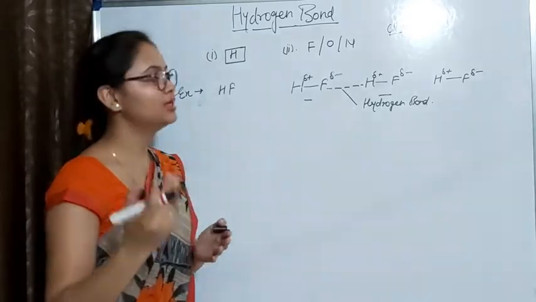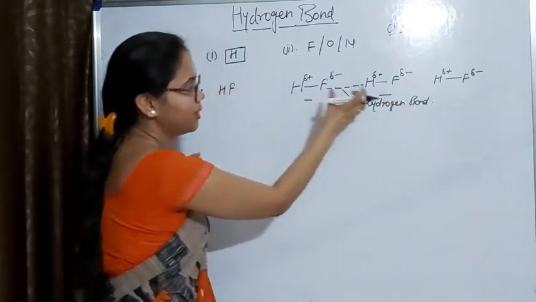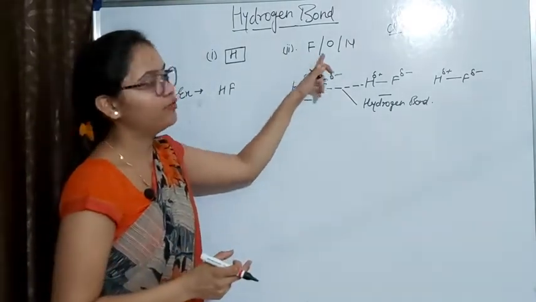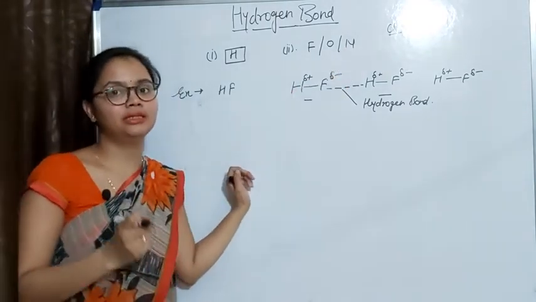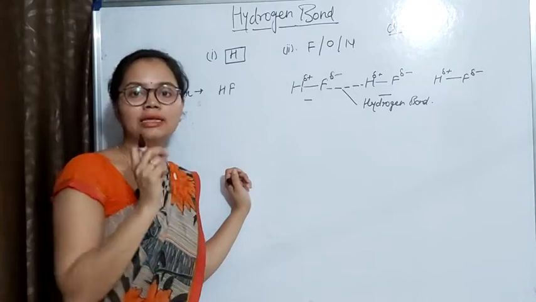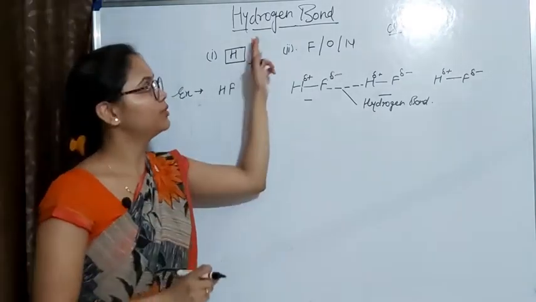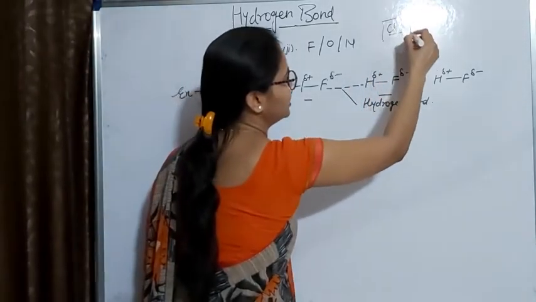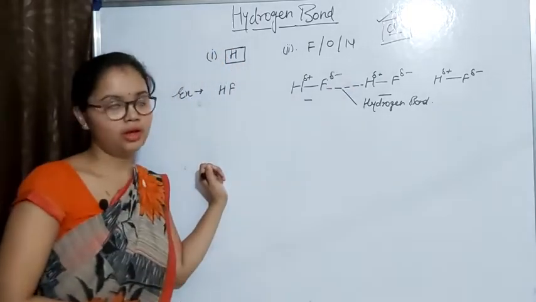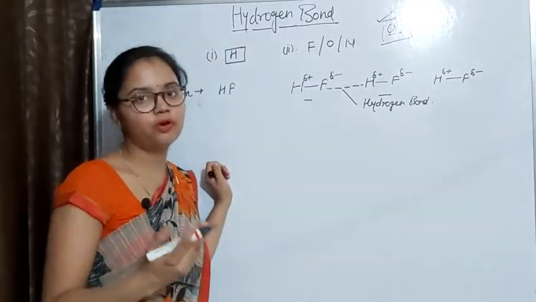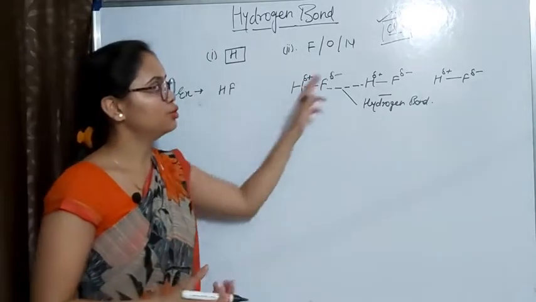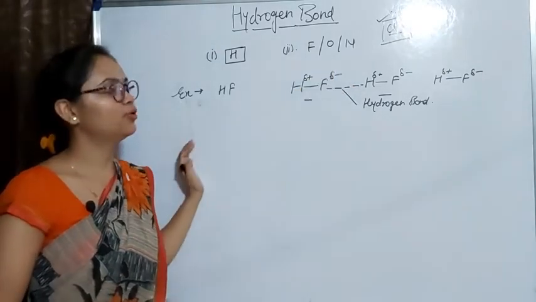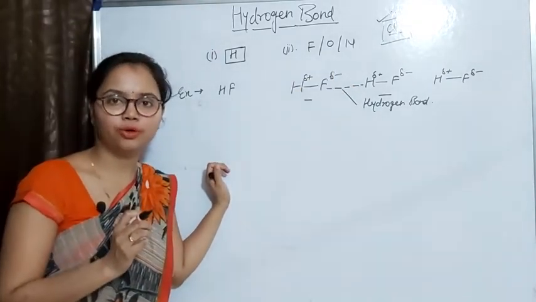Okay, so basically we can say that the formation of hydrogen bond depends upon the polarity of the covalent bond, which in turn depends on the electronegativity of FON. That's why I am saying that we will consider only FON as highly electronegative elements which can form the hydrogen bond. In some cases chlorine will also form the hydrogen bond, but these are very rare cases. So you will get only these three elements, FON. Okay, so this is the introduction of hydrogen bonding.